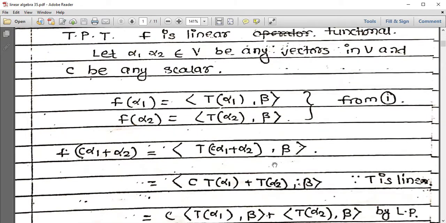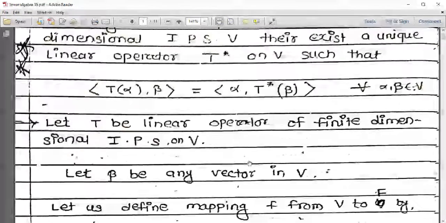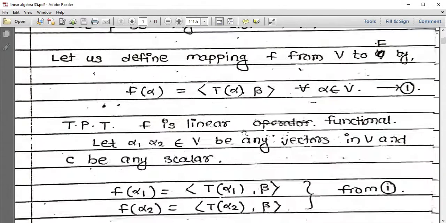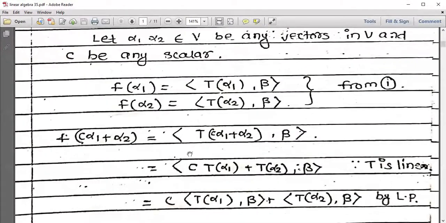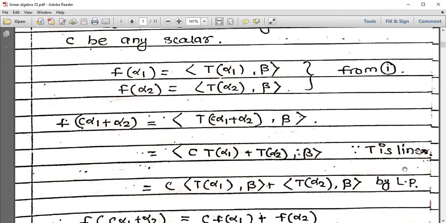Since T is a linear operator, by the linearity property of T, this is equal to the inner product of C T of alpha 1 plus T of alpha 2 with beta, which by the linearity property of the inner product is equal to C into the inner product of T of alpha 1 with beta